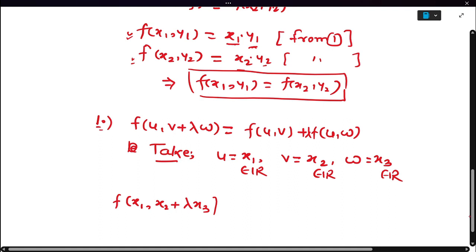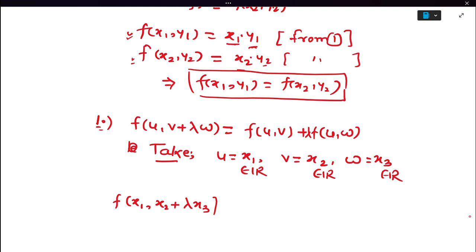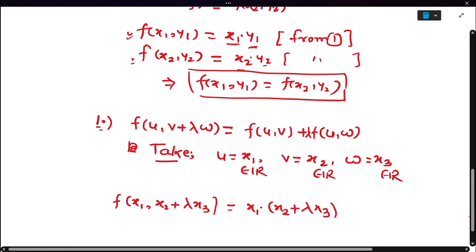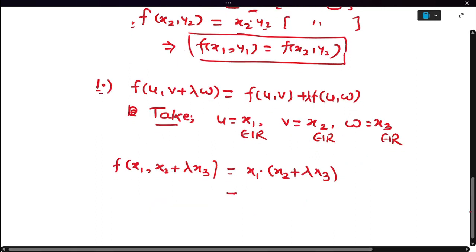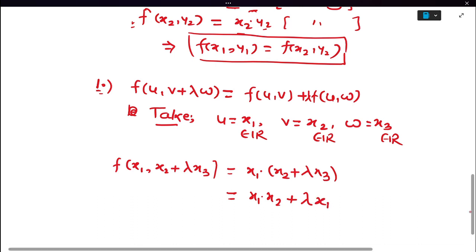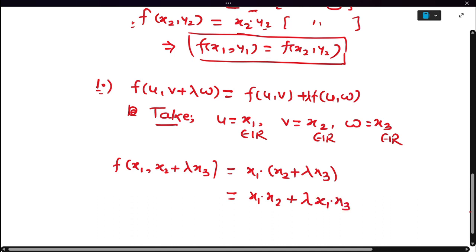We have taken v as x2 and w as x3, so we can put them in this equation. By definition of the function we can write x1 multiplied by x2 plus lambda x3. Since this is a real number, we can write x1 into x2 plus lambda, which is also a real number, times x1 into x3, and this will be equal to f(x1, x2),